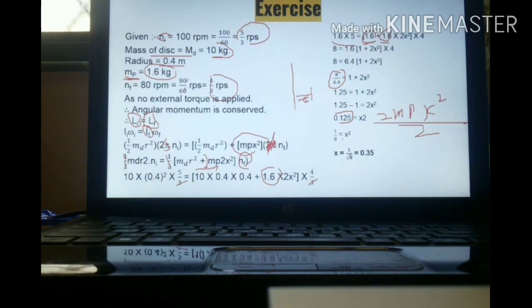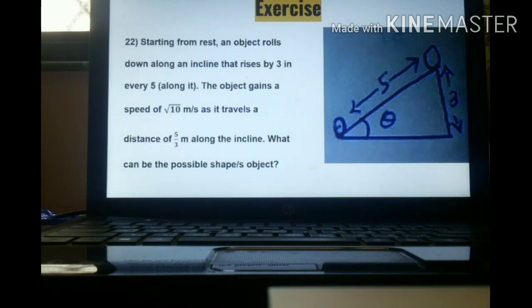Now we have to take the square root in order to find out the value of x. So the square and the square root sign will go away. Ultimately we will be left with x is equal to 1 upon root 8, and after solving, you will be getting the answer, that is 0.35. There are some calculations which you have to do by yourself. This one as well as this one, you have to try by yourself. And this is the last sum.